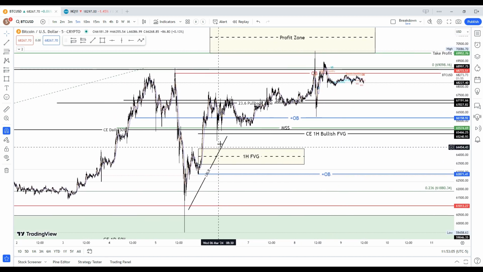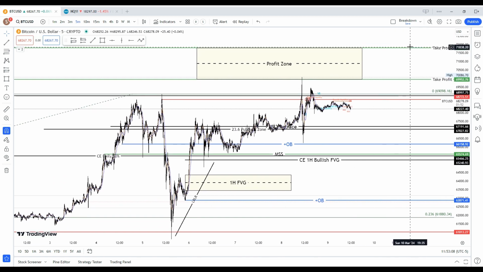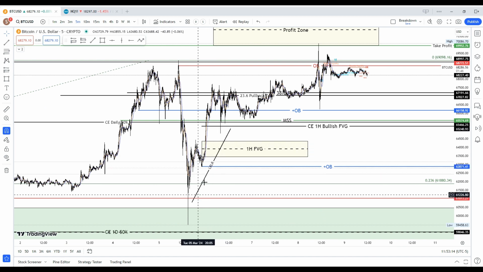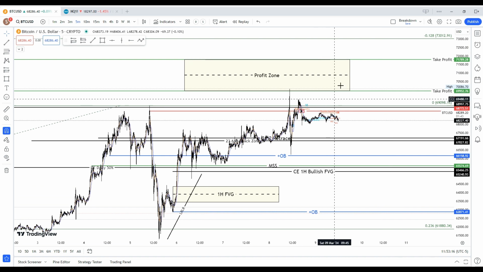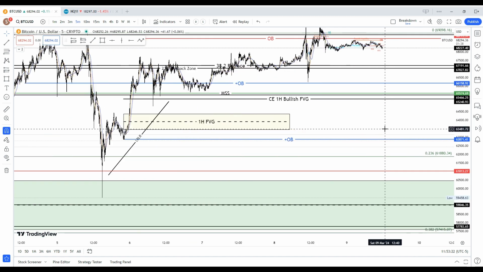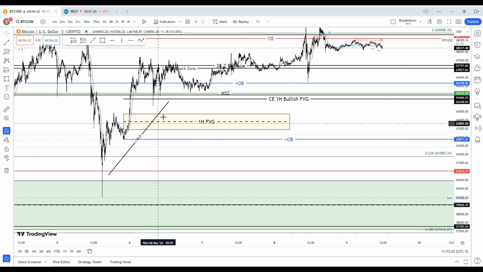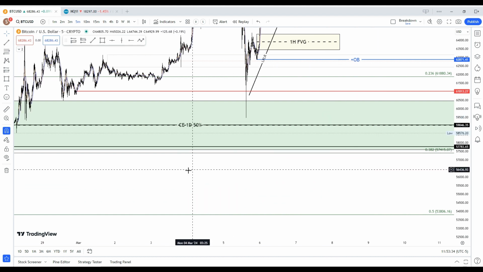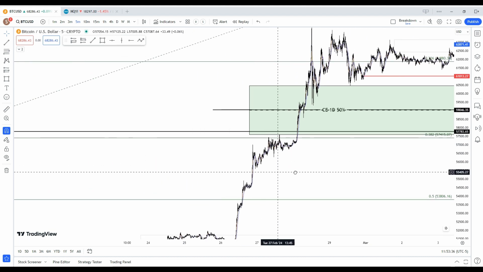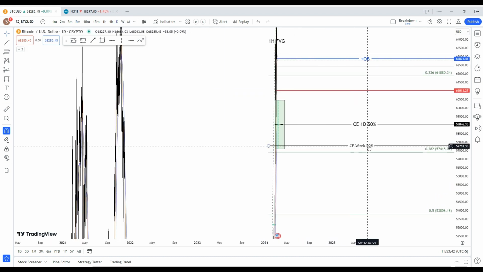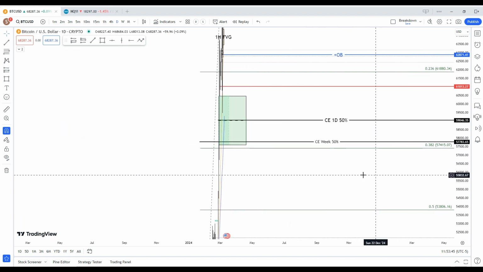I want to see those prices. I want to see it get up here. I'm just not comfortable taking any new trades in this area. If you're already long bias and you didn't get out right here, or you're waiting for this one, just note this low resistance liquidity here. We could just do this same sort of thing right through it again and come down into this range. And then we have that 50% of that weekly right here. I believe that's what that is, 50% of a weekly fair value gap.